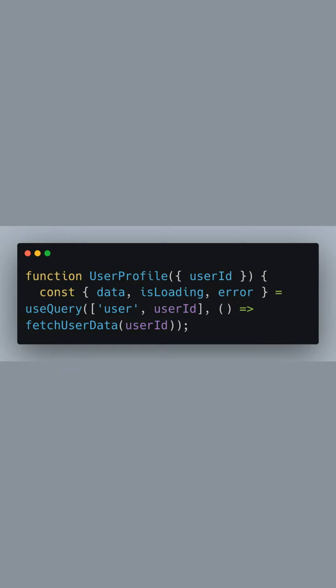In the user profile component, we destructure the user ID prop. We then call the useQuery hook and pass in a query key, which is an array that includes a string "user" and the user ID. The query key uniquely identifies the query in the React Query cache. The second argument to useQuery is the fetchUserData function, which will be invoked by React Query to fetch the data. The useQuery hook returns an object with properties like data, isLoading, and error, which we'll use to handle the